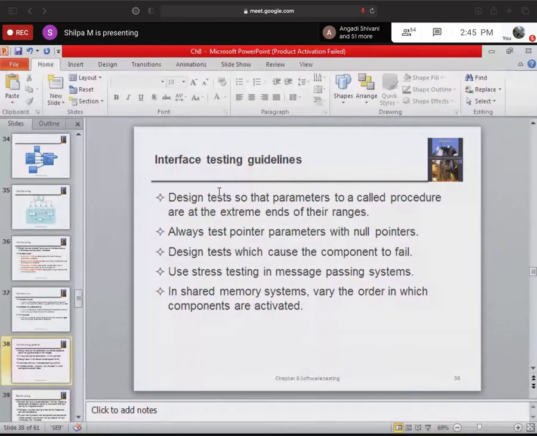See, always the job of the tester is to find as many bugs as possible. If a particular tester says, I identified so and so bugs, that is how we say how efficient he is.